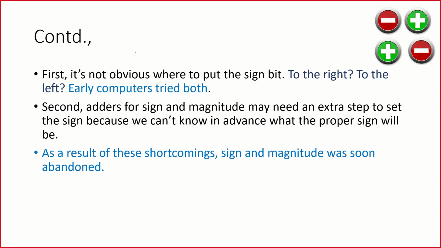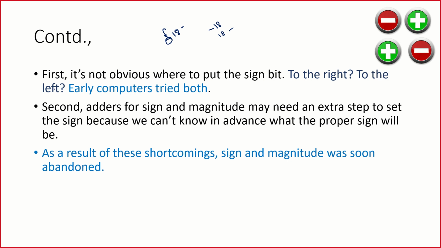Now, is it very easy to follow the sign? Is it very easy to put the sign? In earlier days, when I had a number, say positive or negative, for example minus 18, they had a confusion as to where to put this negative. The minus symbol can go here or here. There were computers which used it this way, and there were computers which used it that way. There were a lot of confusions in this regard, right?